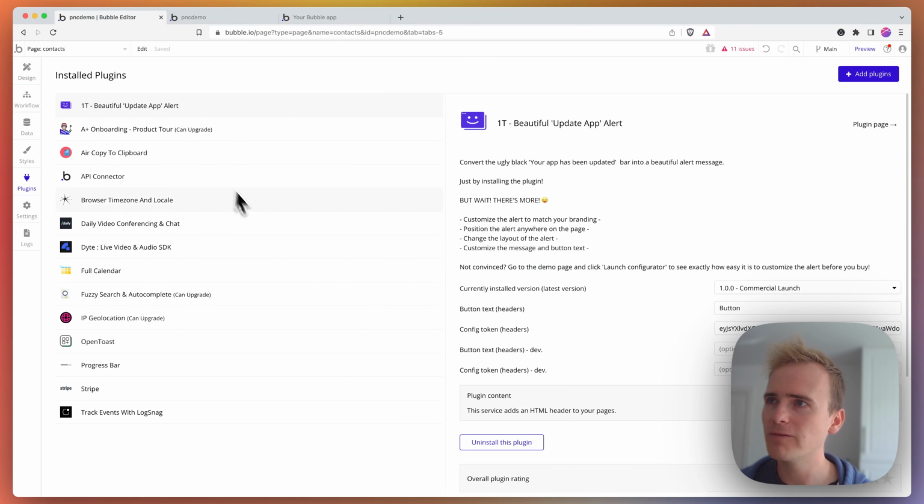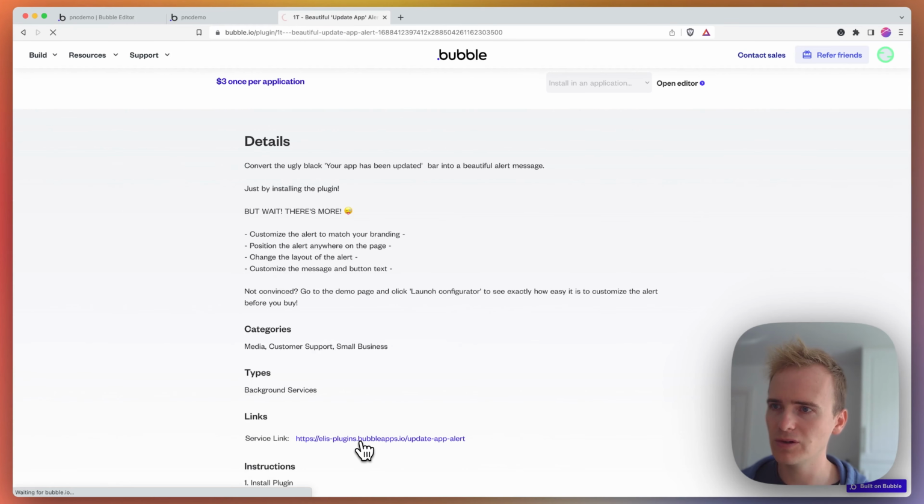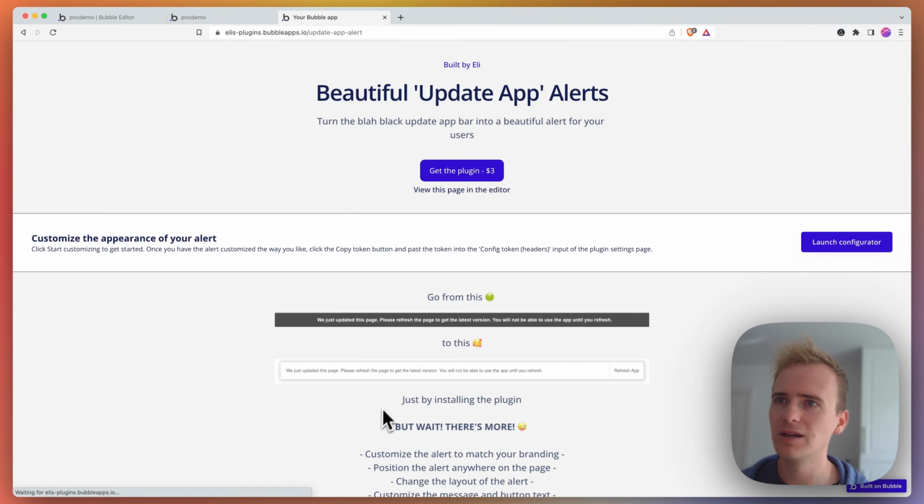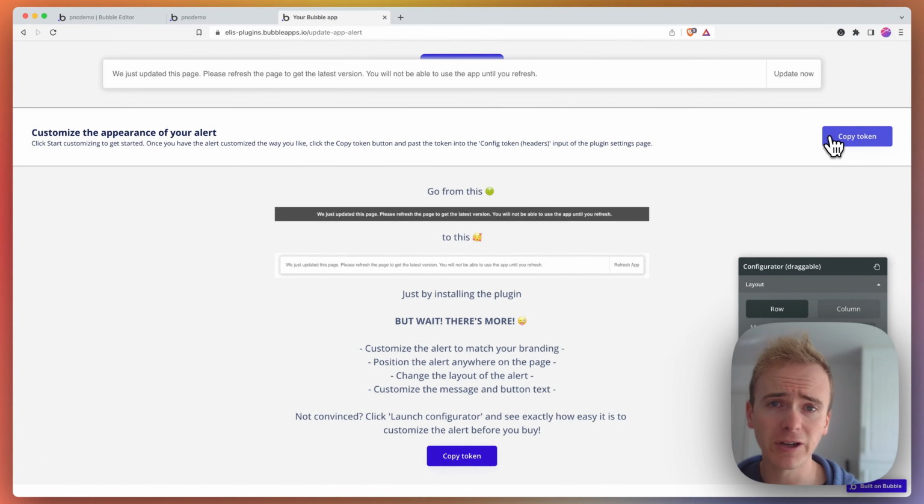So in my Bubble app, I've installed the plugin, and then if I click through to the plugin page, and then go through to the service link, and then click on Launch Configurator, I can now customize the way that the banner is going to look in my app. Basically it provides me with a string containing the data of the position, the color, the layout, and I can copy and paste that into my Bubble app, into the plugin settings, and that's how I can change the